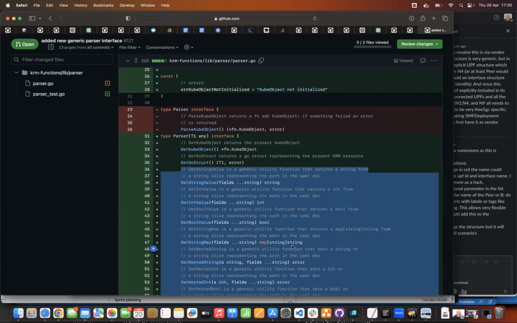We should also change the name from parser to cube object, probably, right? Because I think what we are doing is extending that. Go ahead, finish your thought, Wim. Yeah, so what I was saying is that it's basically an extension of the cube object. So in other words, it would be type cube object struct, right?